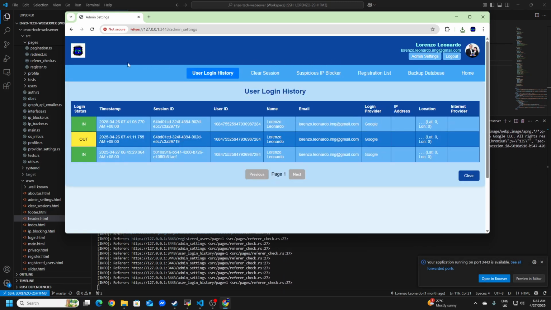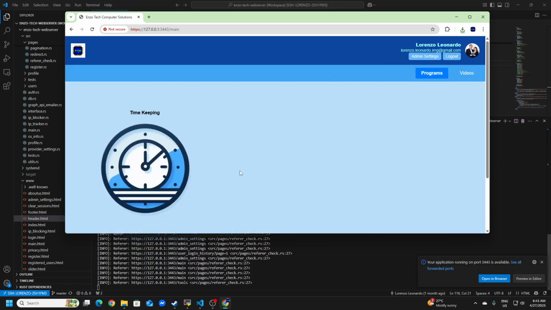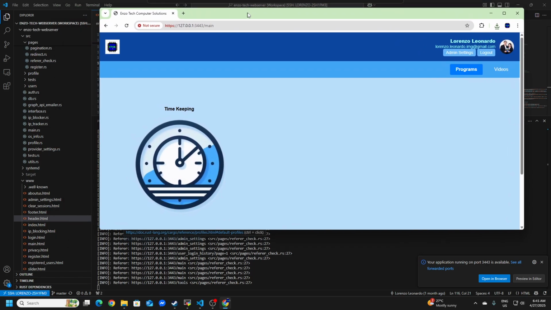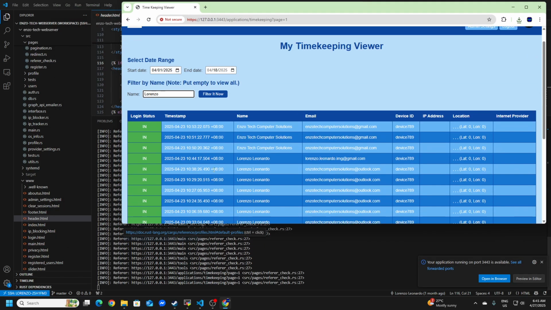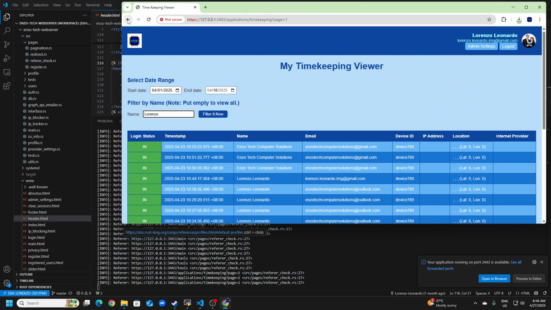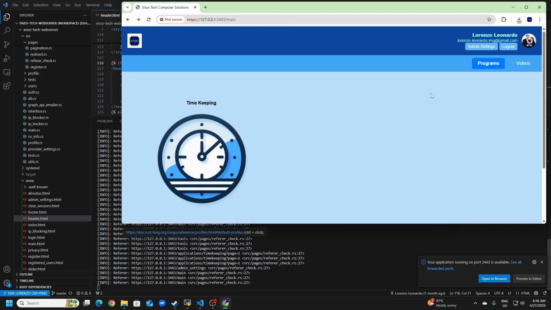I could easily expand applications, but as of now, I'm creating a timekeeping app for employees. It's a fully working site using Rust, Tokio, and the Axum crate.